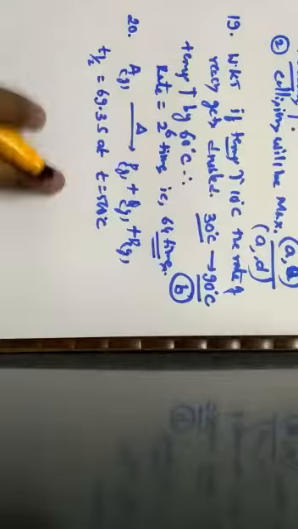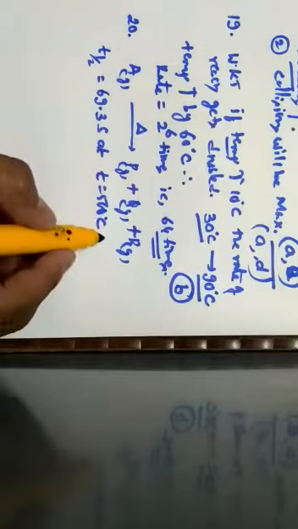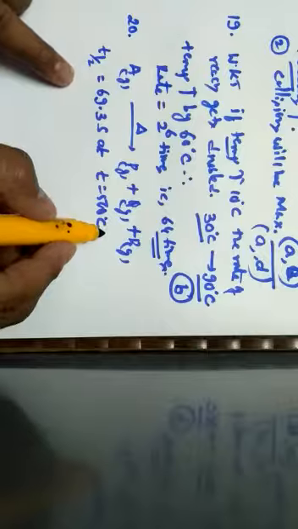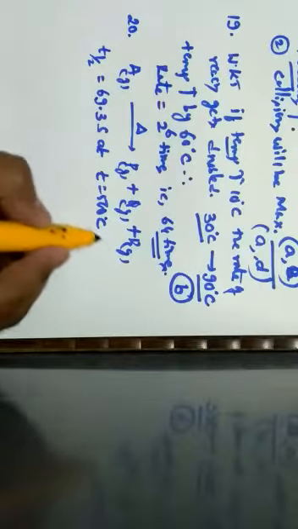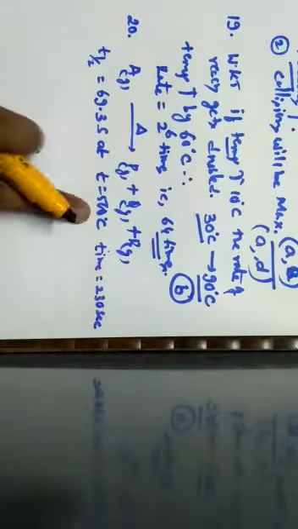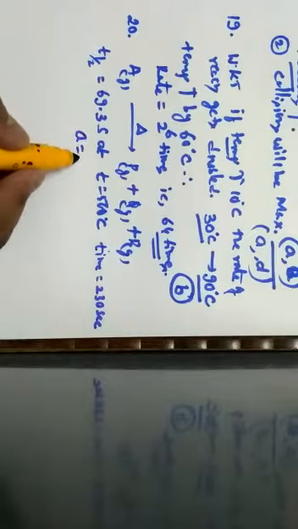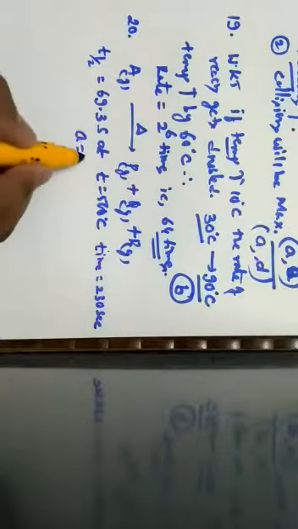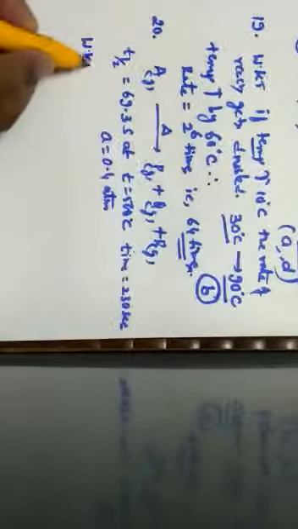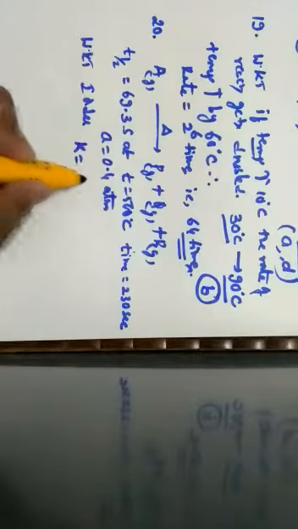So here they have given the T half, that is 69.3 seconds, and the time. Even they have mentioned the time as 230 seconds. So time is equal to 230 seconds. Temperature they have given as 500 degrees Celsius. And what is the initial pressure that they have mentioned? A pressure of 0.4 atmosphere. So we know that the first order reaction is given by the equation with relevance to half-life is